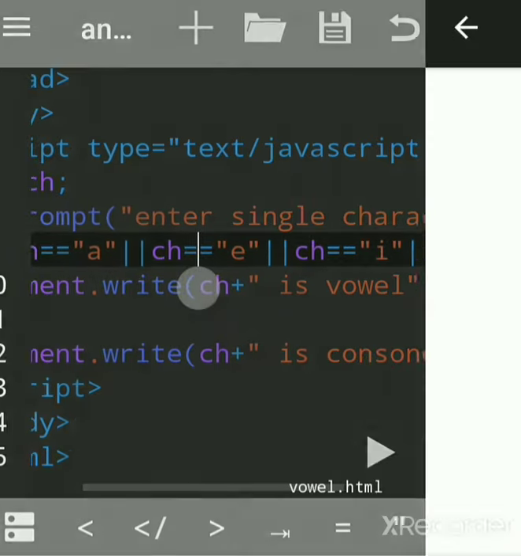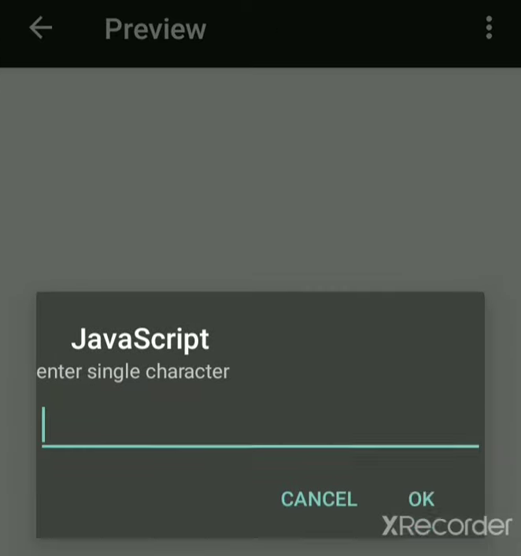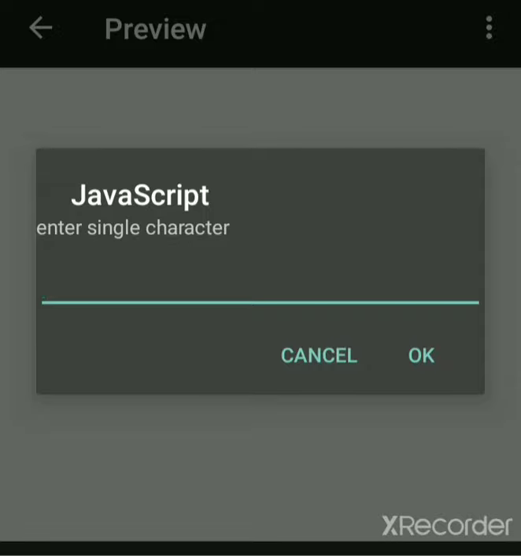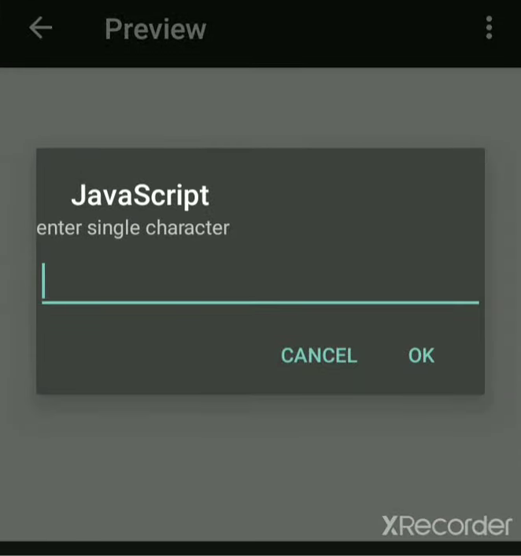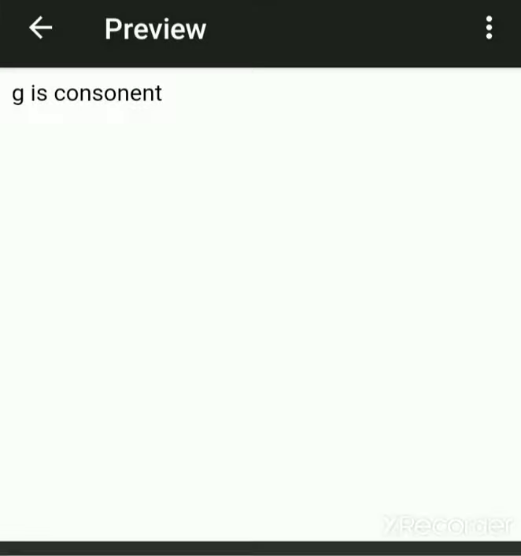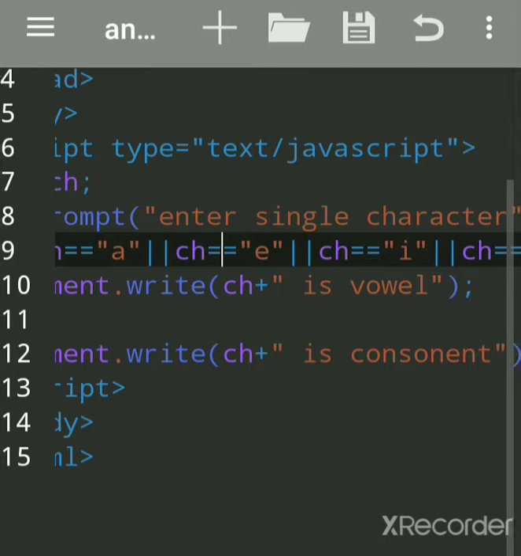Now we'll try to enter the character. Suppose I took small a, it is a vowel. But if we enter, suppose, G, it is a consonant, meaning it is not a vowel.